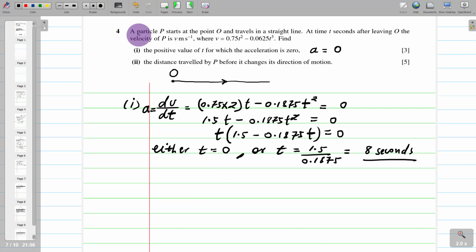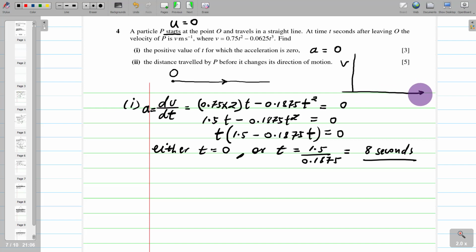Now, when we look at the question, we are told that a particle P starts. Since it starts, it means its initial velocity is 0 and it travels in a straight line. So of course here, since it is at rest, the acceleration is 0, velocity is 0. There is no problem with that. But at some point, the acceleration also becomes 0. So it appears as if we do dv/dt, so you can have a graph of velocity